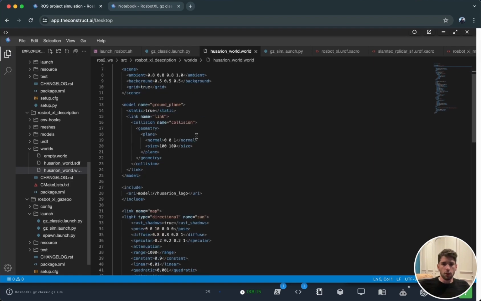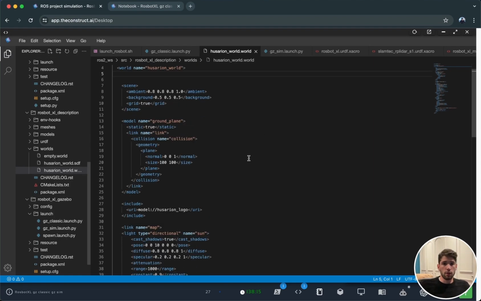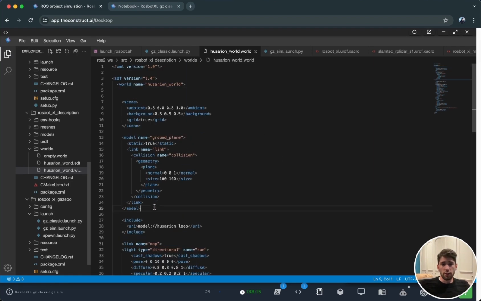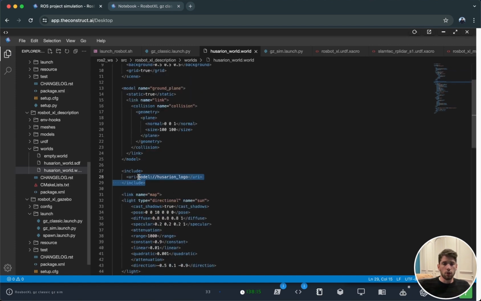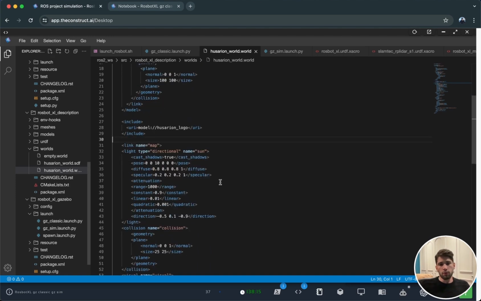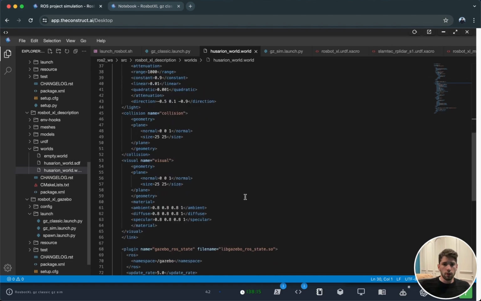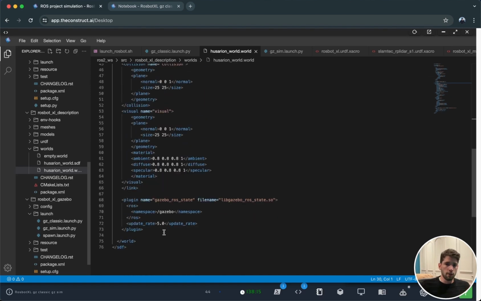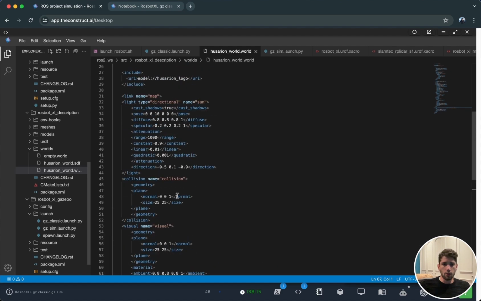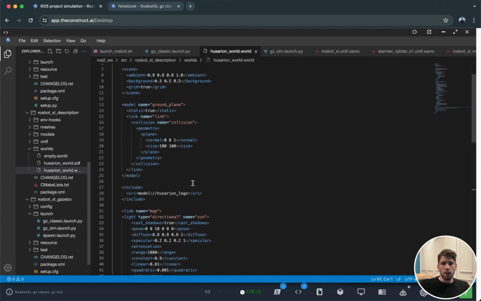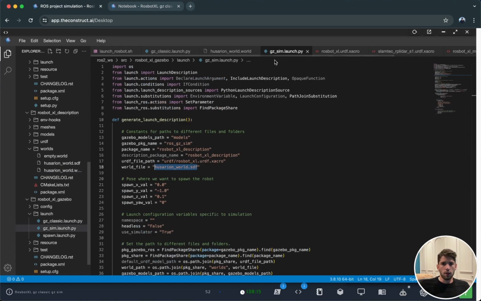Okay, so this is the file that is very simple. It has a ground plane. It's gonna call this model Husarion logo, and some lights and some directions and visuals, and this ROS state. So it's just that. And now in Gazebo Sim we have